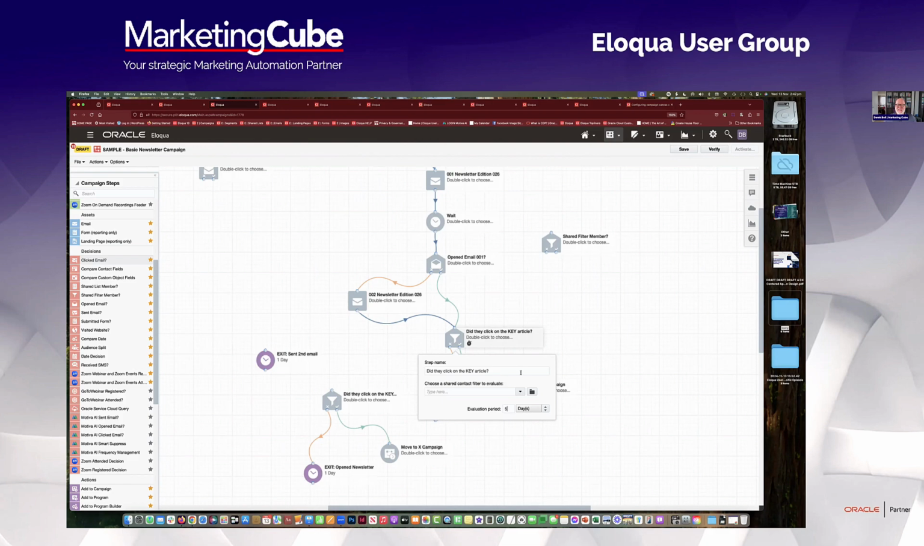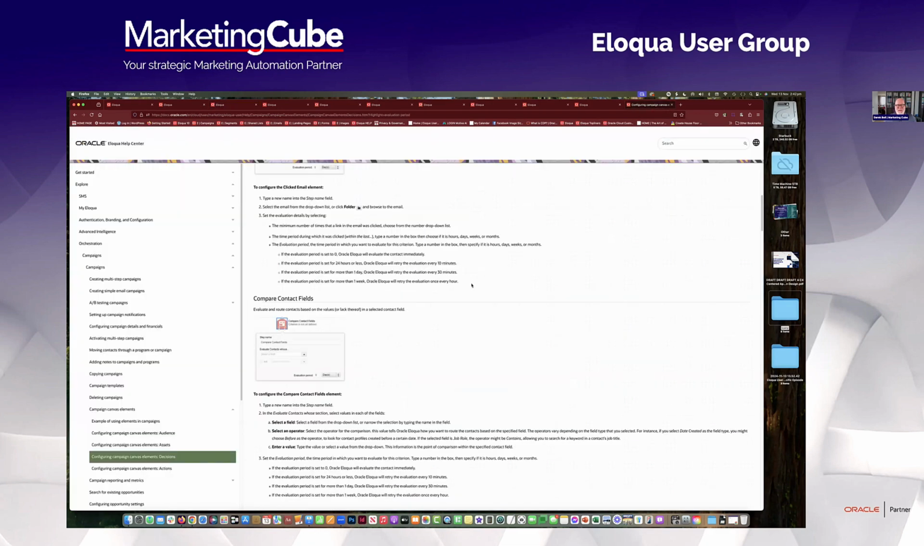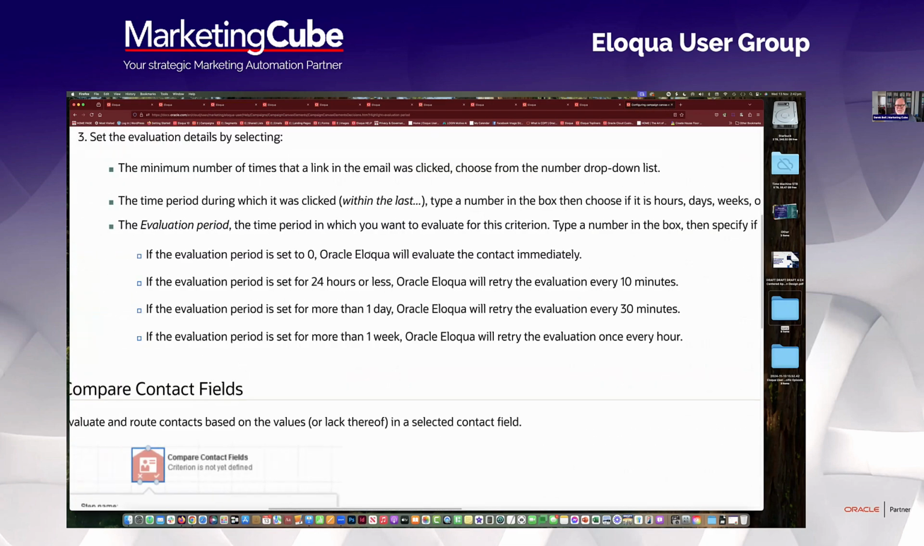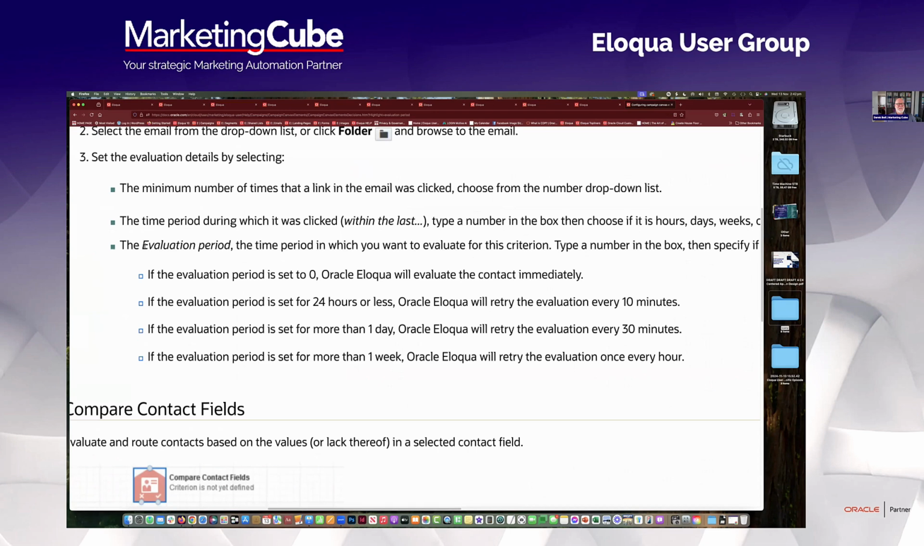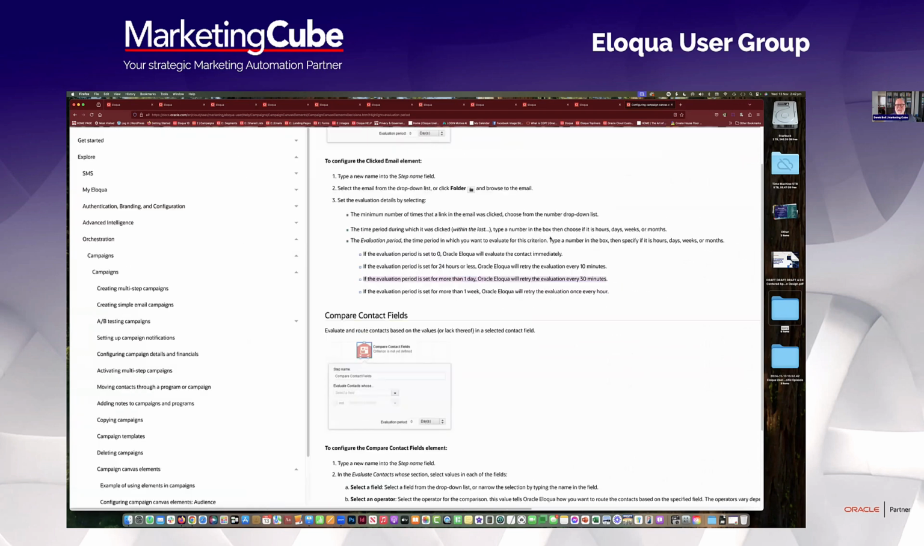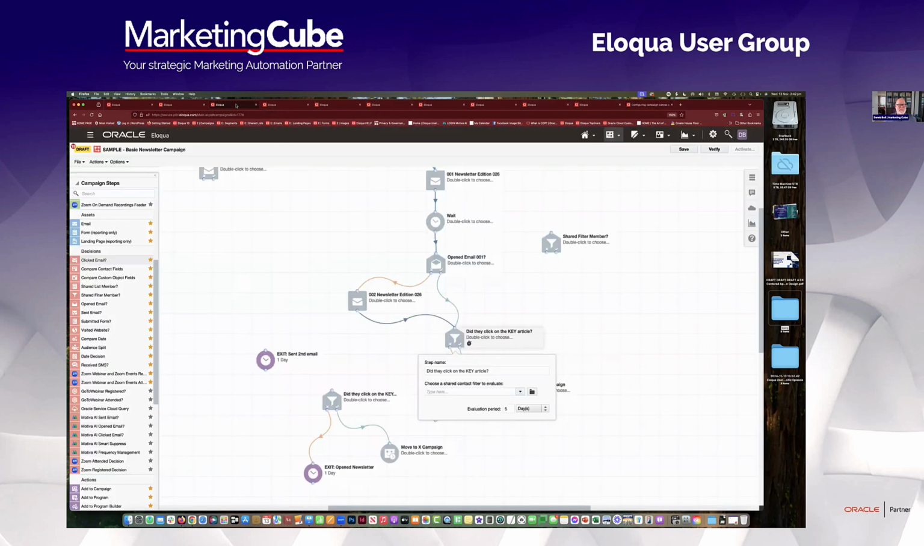Now, what that means is if I select 5 days, I'll show you this so you can see what happens, the evaluation period. So I've selected 5 days. So it's not 0. It's not 24 hours. It's more than 1 day or more. Okay, so it's clearly this one. If the evaluation period is set for more than 1 day, Eloqua will retry the evaluation every 30 minutes. Okay, so what that means is